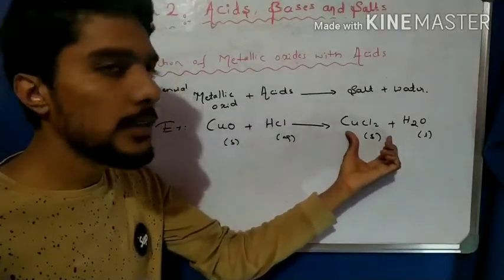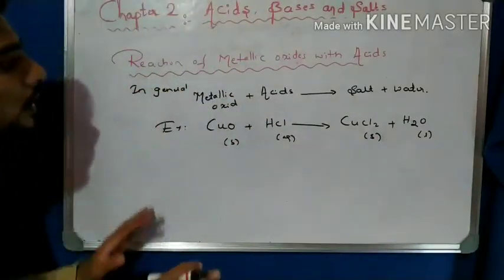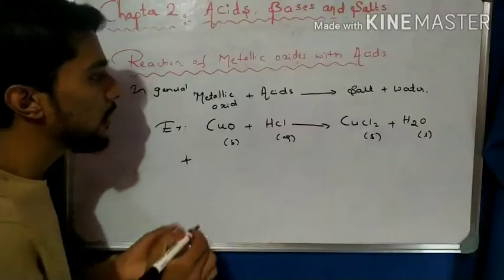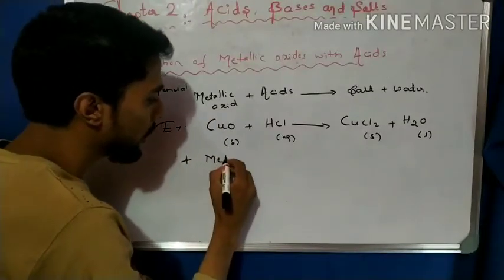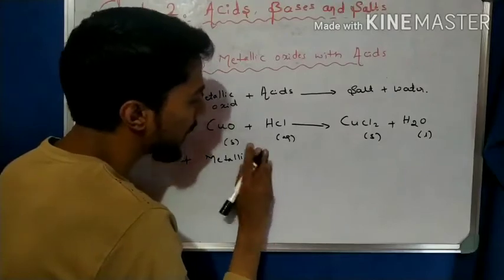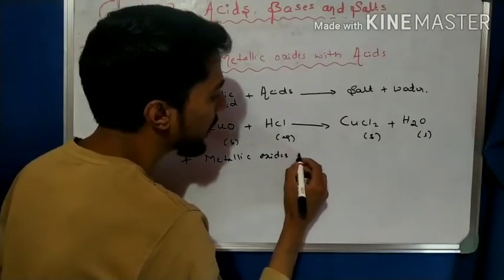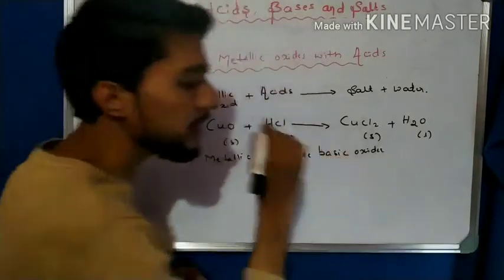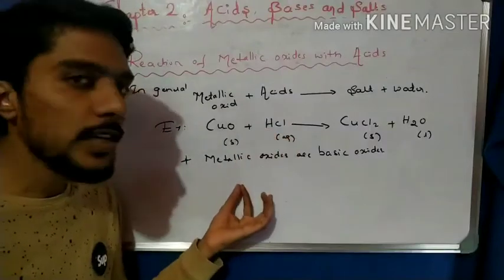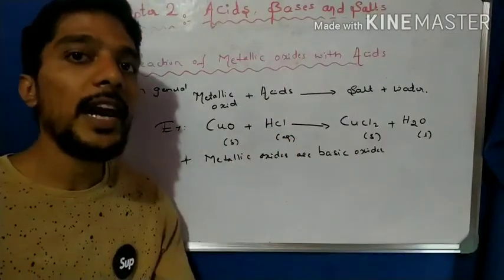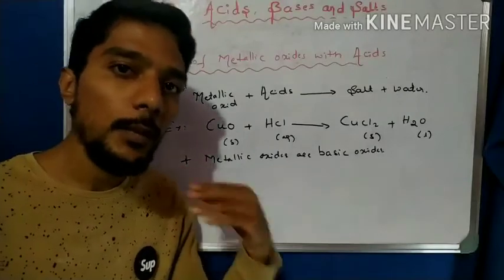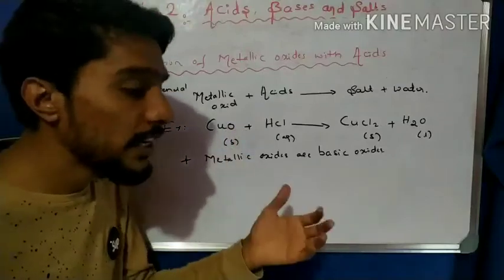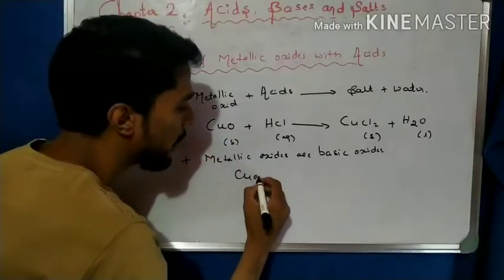We get copper chloride, a salt, and water. So this is the reaction of a metallic oxide. And another very important point you have to remember here is that metallic oxides are basic in nature. Basic oxides means they are base in nature. When metallic oxides are tested with red litmus paper, the red will change into blue because it is a base. So all the metal oxides, maybe copper oxide, maybe magnesium oxide,